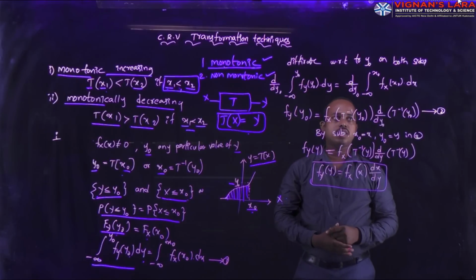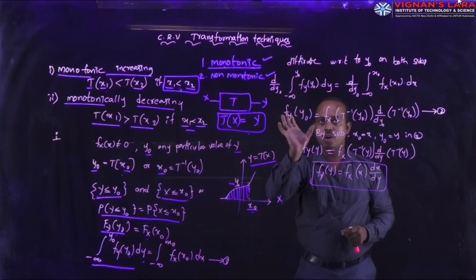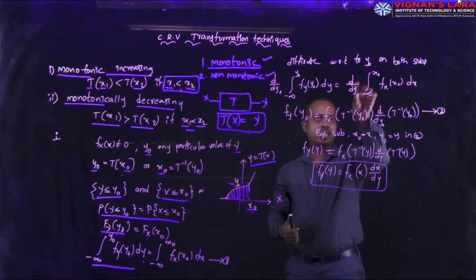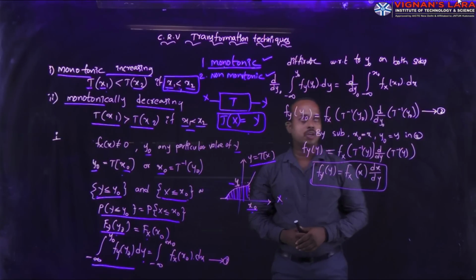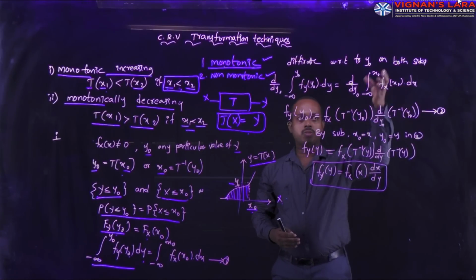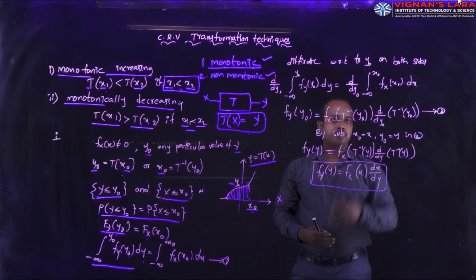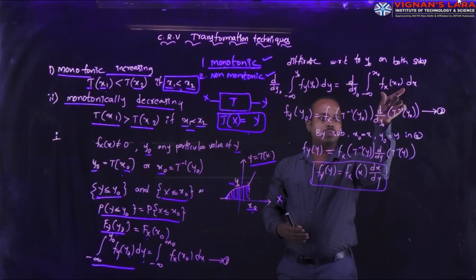But here, both are the same parameters, so they can easily cancel; we can replace with the equal quantity. But here the term is in terms of x, while you are differentiating with respect to y naught. Both are different. That's why you have to write this function in terms of y naught. Otherwise, you don't have another approach. Why? Because you are applying the differentiation with respect to y naught, so you write this entire function in terms of y naught.